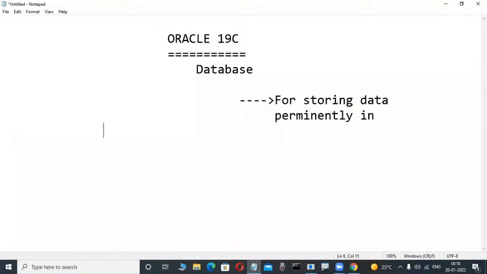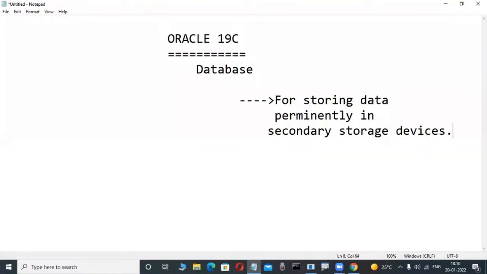Secondary storage devices means maybe hard disk. Okay, fine. Permanent. Suppose today we store our data, after 5 years, 10 years,